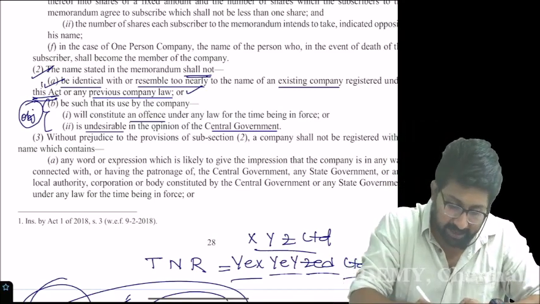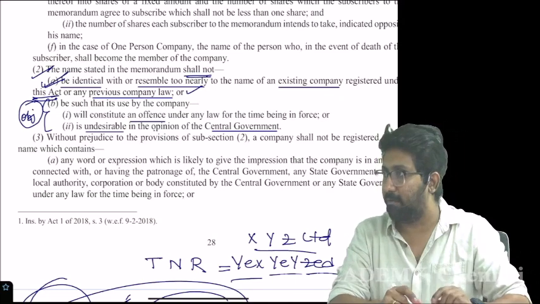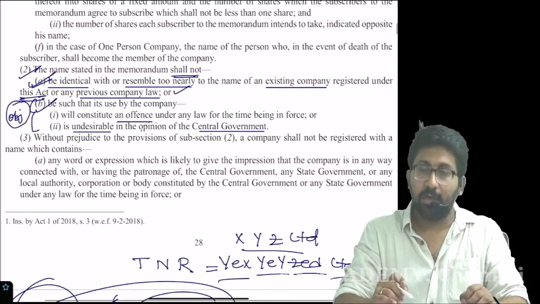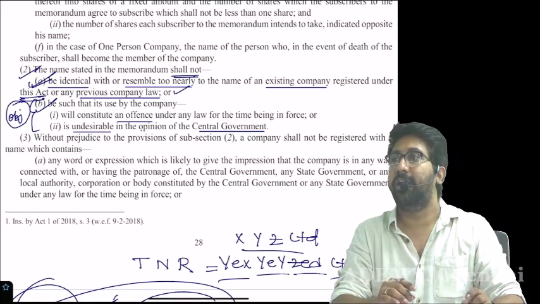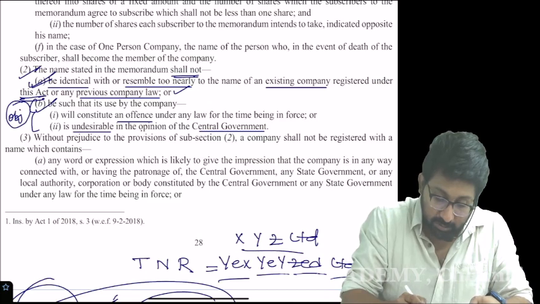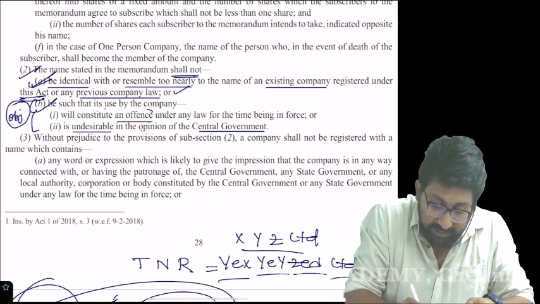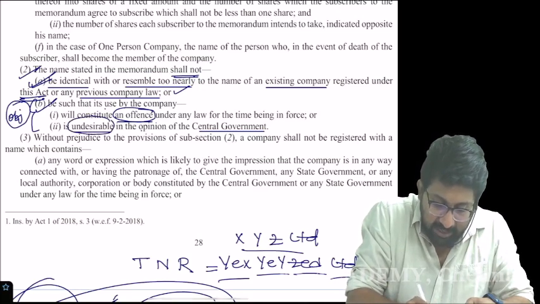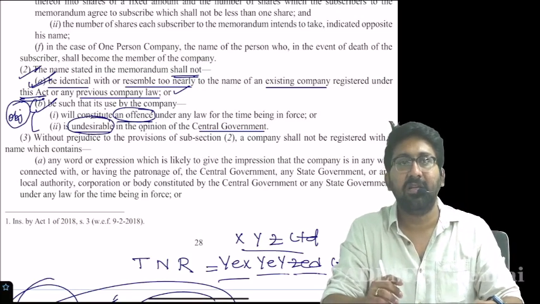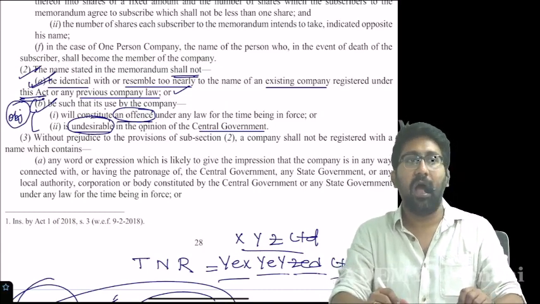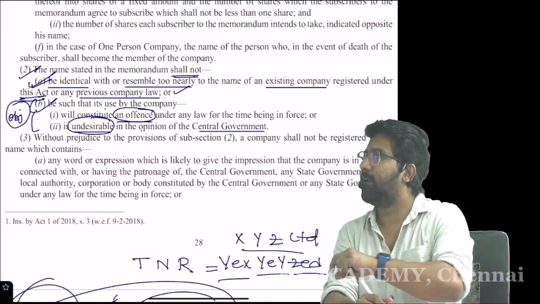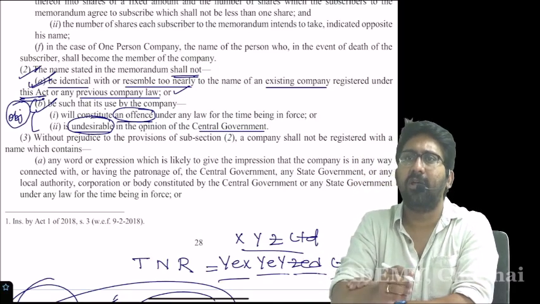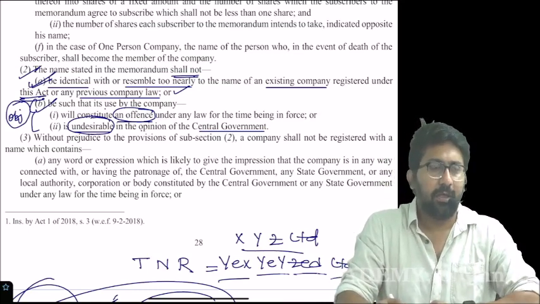Next, not yet completed, sir. 2A we completed now. The 2B point is also there if you observe. Now listen. Name objectionable. That is what we call a name whose use constitutes an offense or is undesirable in the opinion of the Central Government. Offensive words, with whatever intention, you should not use at the end of your name or as a part of your name.